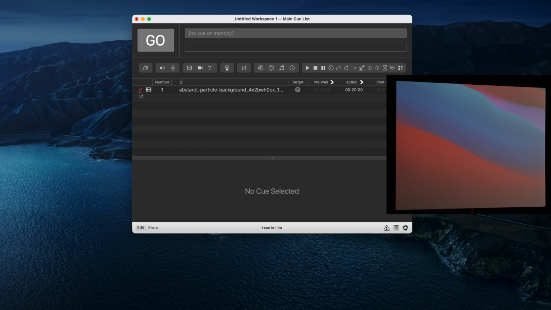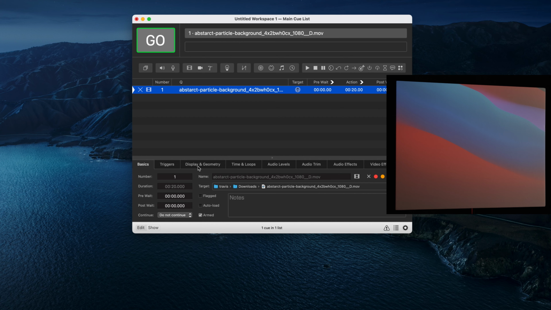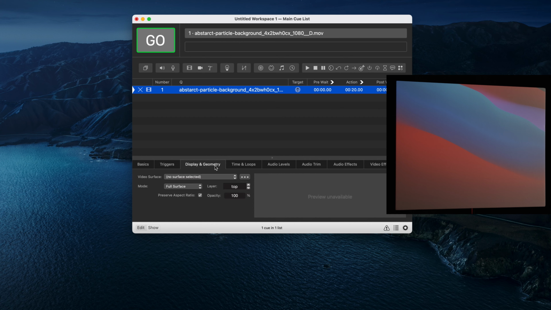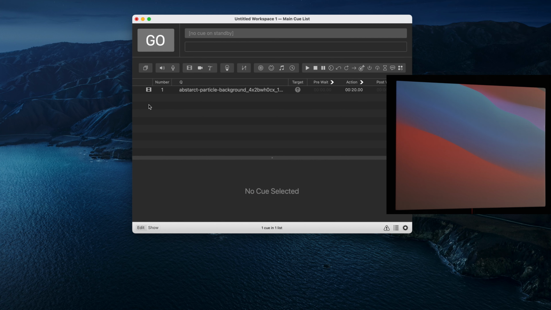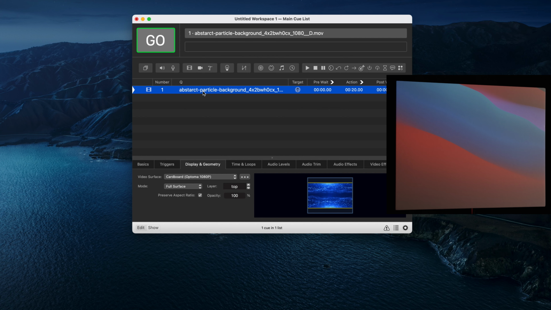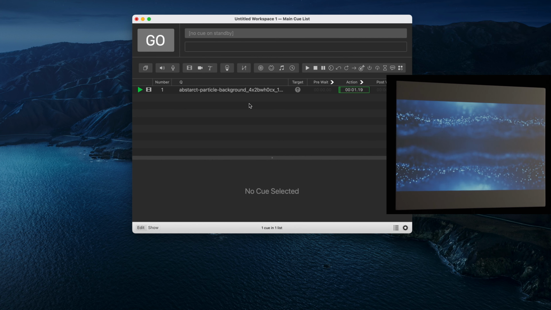And we'll notice that there's this red X, and what that means is we have not assigned this surface that we just created to this video cue. To do that, we're going to click on that cue, and we're going to go down to Displays and Geometry. And once we do that, we can see the video surface option. We just need to click on that and select the surface we just created. And once we do that, the red X will go away. I'm going to click on it once again, and I'm going to press the spacebar,